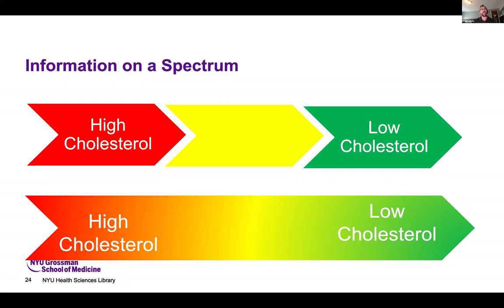So often, and I have some more slides going forward, this question about information on a spectrum, how we're dealing with uncertainty and variability. So we're getting different pieces of information depending on how we divide up our information. So in the case, if we were, for example, jumping back to divide our levels here, and maybe here I have cholesterol, but it could just as easily be blood sugar or A1C, providing information for our end user.